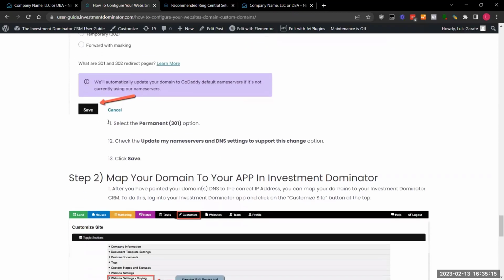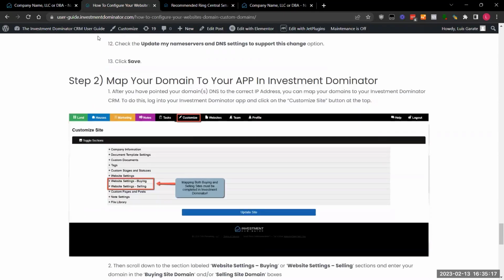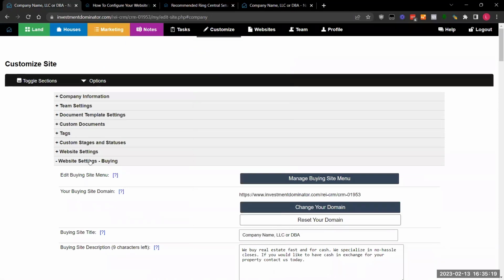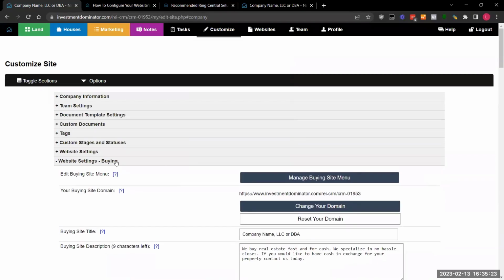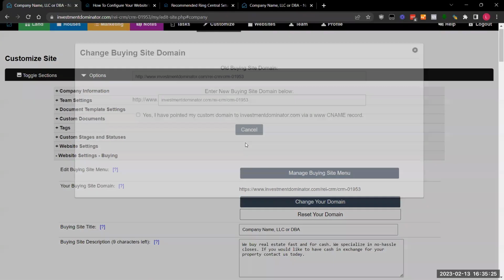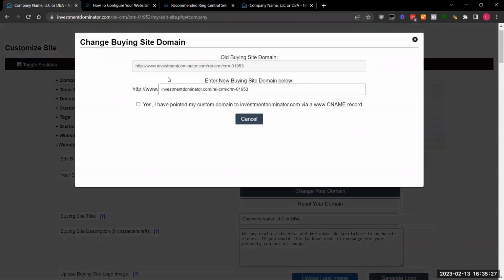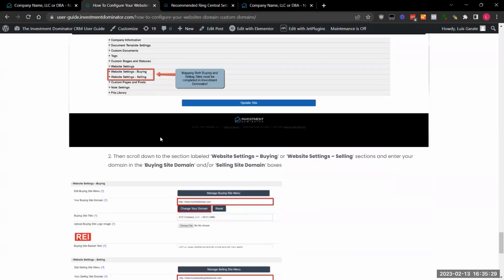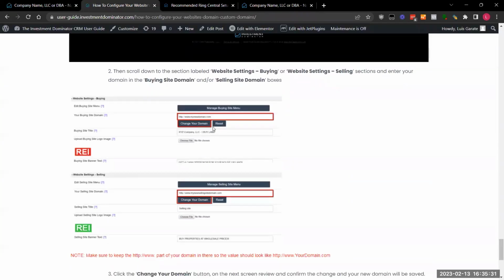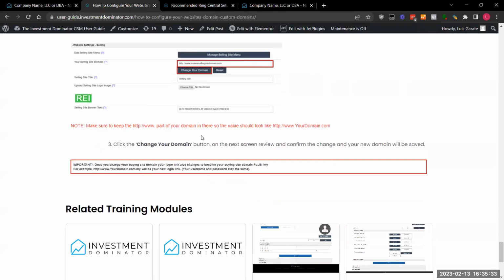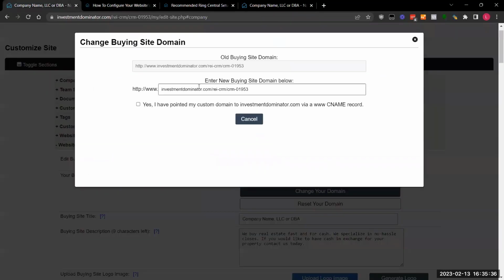And then you want to go back into the Investment Dominator, the Customize section, website settings, buying and selling, and you would change your domain here. So you click on change your domain, you input your domain here, as shown here, and that's it. So you click on change, you input your domain name, you just click on continue, and there's actually one last